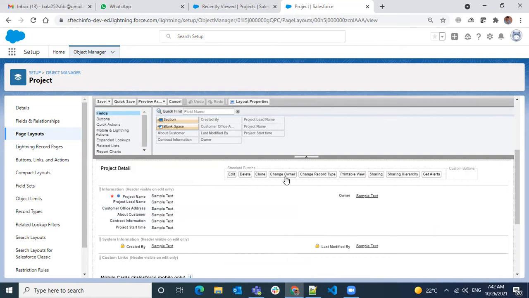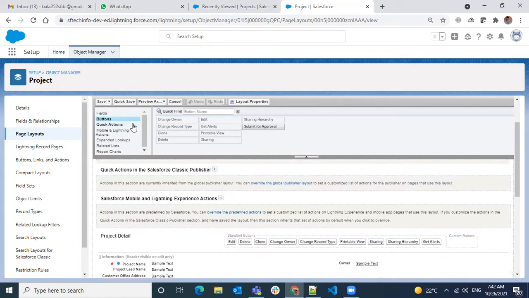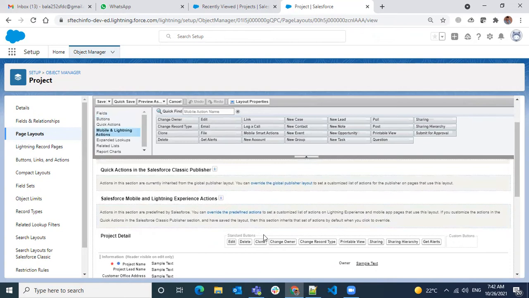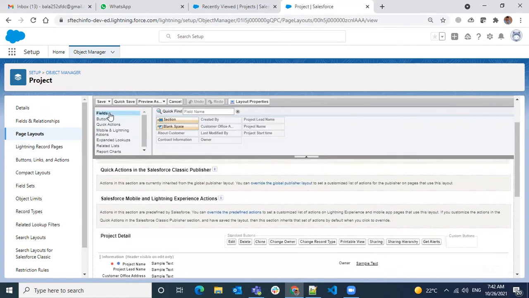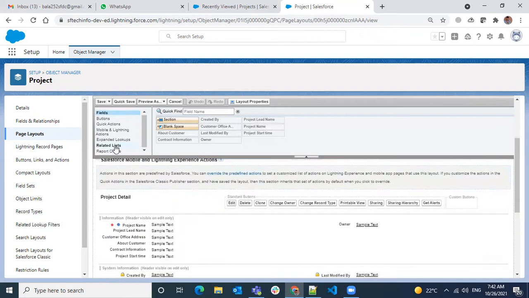Okay, so in this Buttons section, we can control all these buttons, whatever you see here. We can add or remove those buttons. I don't want to dig deeper there. We are here to control the fields. So you see all these fields that are disabled are already below. When I click here, it's getting highlighted below.